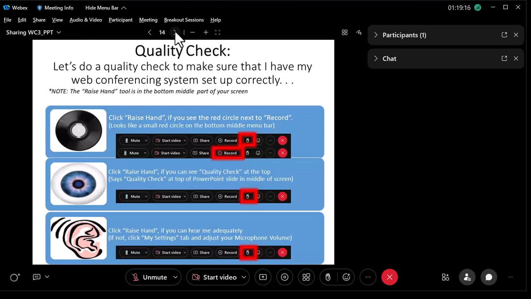You ask them to verify that the slide is advancing, so they see the words quality check or whatever is at the top of your slide, and you ask them to verify that they can hear adequately, because if you don't record your session, or if you do not have adequate volume, I cannot grade it, and I cannot give you a grade, and you're going to have to redo the assignment if you want any points for it at all. So please take the time to do it. I don't want anybody in tears or having to redo it, so please do a quality check slide.